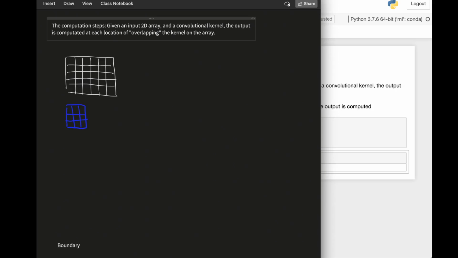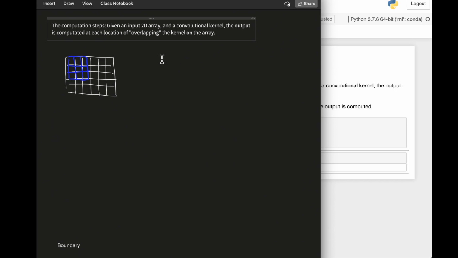So the first step in a real computational implementation is to decide what is the size of the output of this operation. Let us consider the convolution operation. As discussed before, we first apply the convolutional kernel at the upper left corner of the input two-dimensional array. By applying, we mean to take the element-wise product and take the sum of these 3 by 3 products. Then this will generate one output,